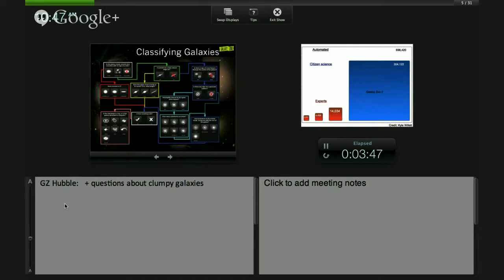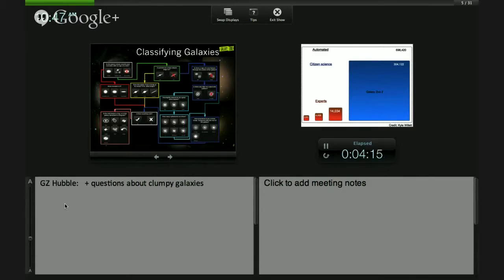So that's been definitely a challenge for classification. Galaxy Zoo Hubble is where the clumpy galaxies come in. These are galaxies at high redshift, so they don't show the same morphological features as nearby galaxies. So we have yet another branch of the tree in Galaxy Zoo Hubble, and we have redshift-dependent biases. So that is adding another layer of complexity on how we go from the clicks to classifications, which is not something I'm going to talk about because Stephen is following me, so I'm just going to